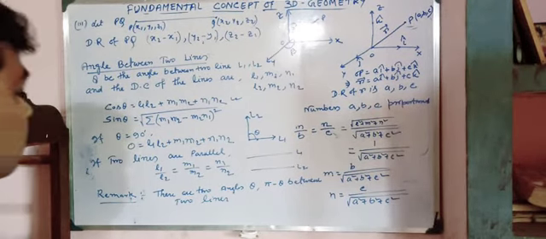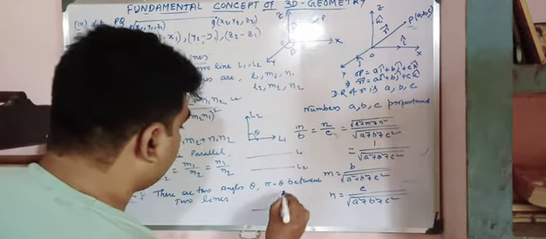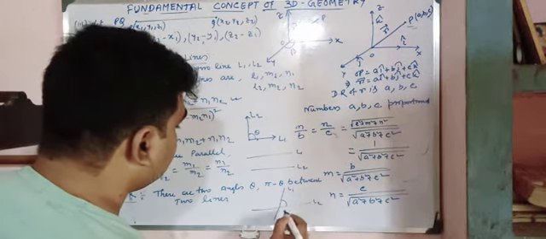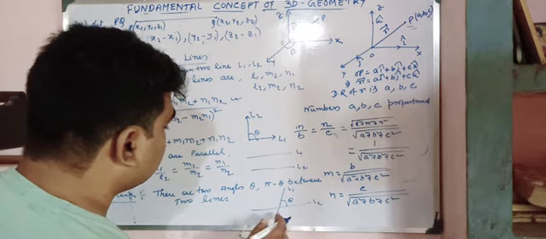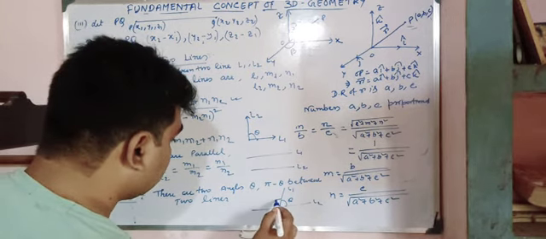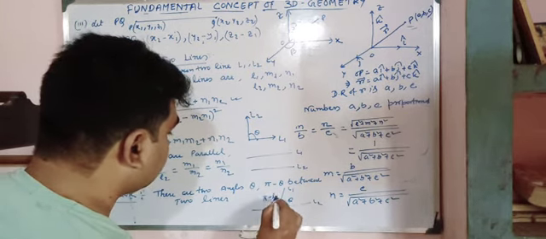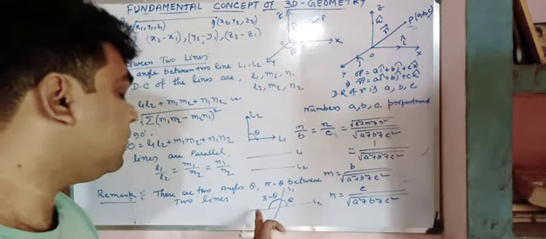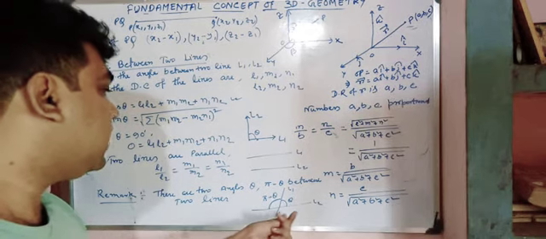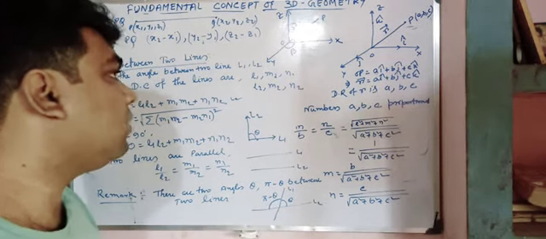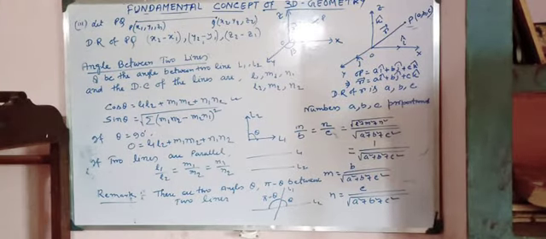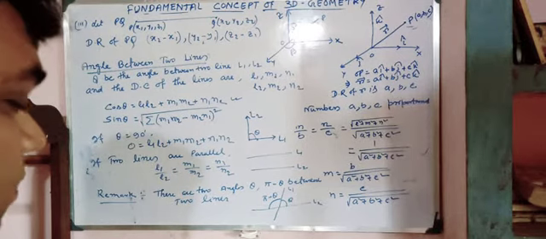Suppose we draw one line over here and take another line over here. This is my L1, this is L2, obviously. Suppose this is theta. So the other angle should be pi minus theta. If this is theta, then this is pi minus theta. Why? Because one straight line is equal to 180 degrees, that is pi in the radian system. I have already discussed the radian system yesterday.